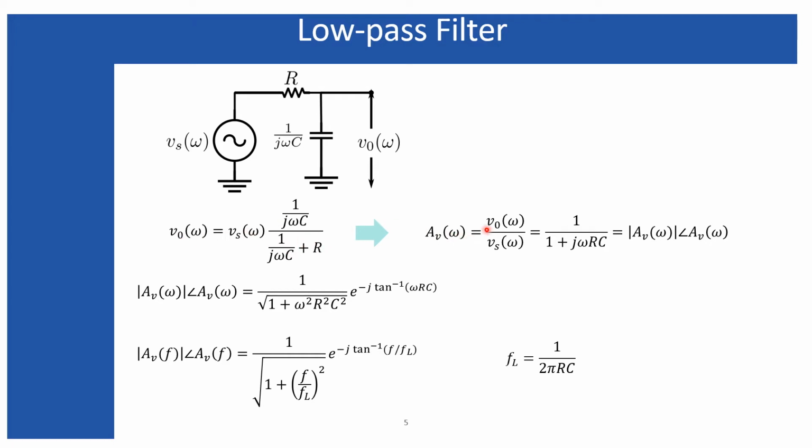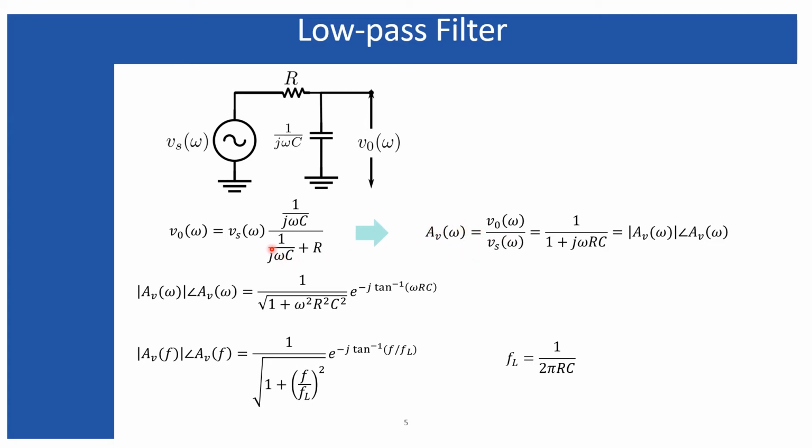And if you take the ratio of output to input, this ratio is nothing but the gain. Although for a passive circuit you cannot call it gain, because the output voltage cannot be greater than the input voltage unless an active device is present. But for the time being, I'm assuming it is a gain also. Since the output voltage depends upon the frequency of the input voltage, the gain will also depend upon the frequency, and this frequency dependent factor appears due to the capacitor, because the reactance of the capacitor depends upon the frequency, and that is why output and input voltage both depend upon the frequency, and so does the gain.